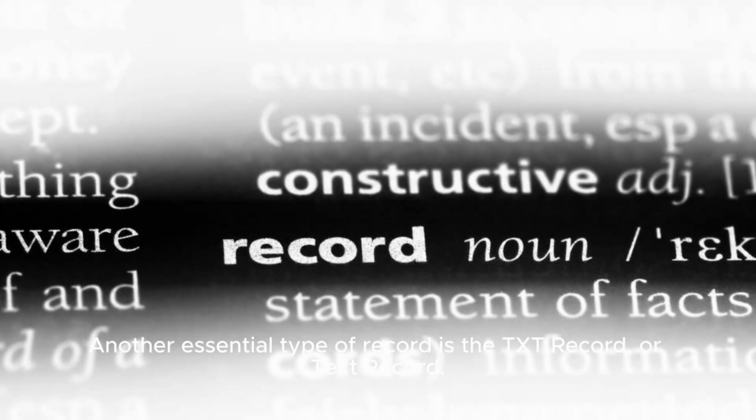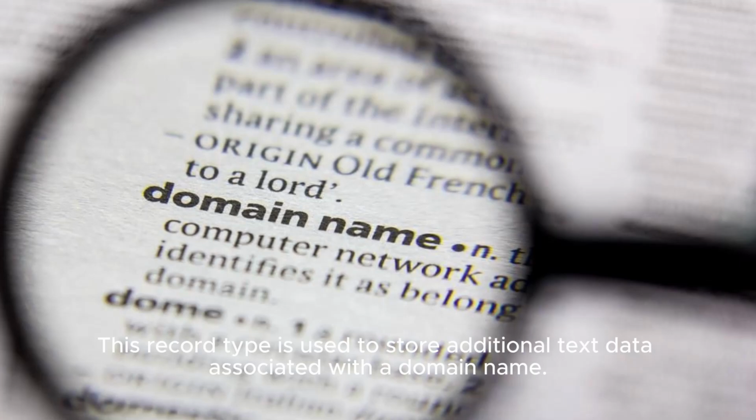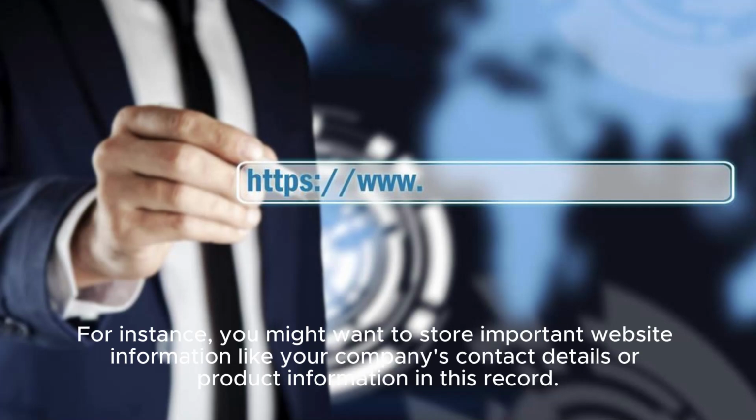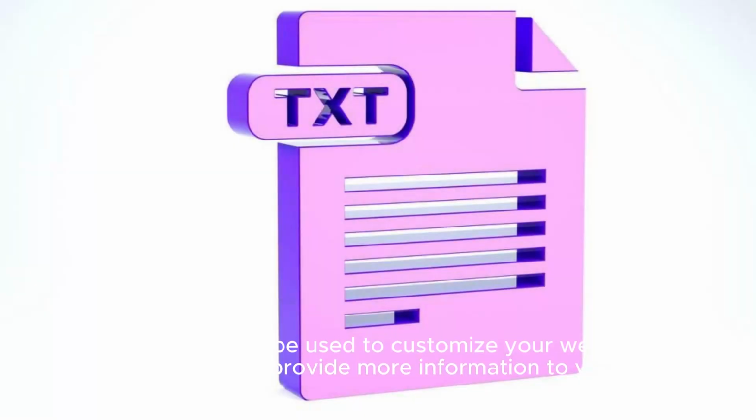Another essential type of record is the text record, or TXT record. This record type is used to store additional text data associated with the domain name. For instance, you might want to store important website information like your company's contact details or product information in this record. Text records can be used to customize your website's experience and provide more information to visitors,